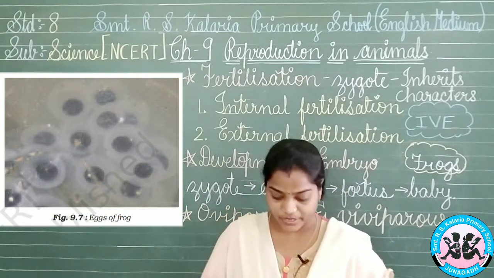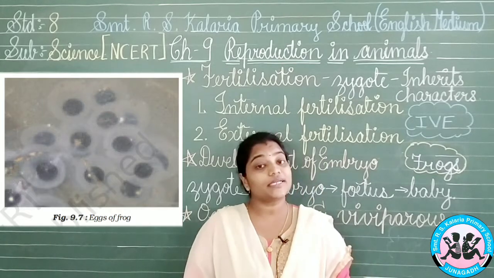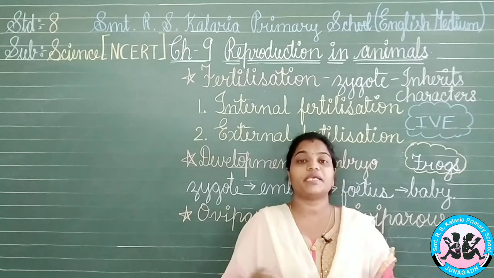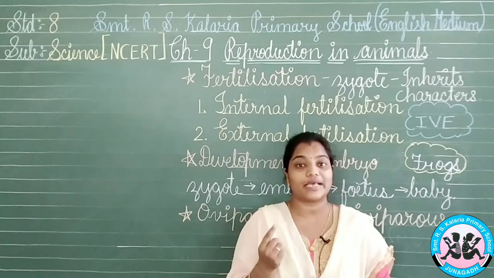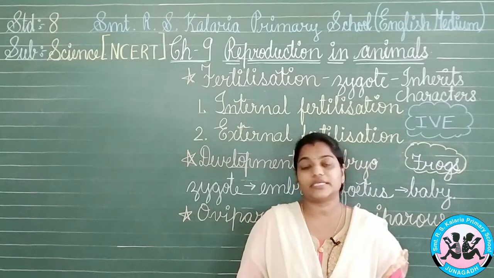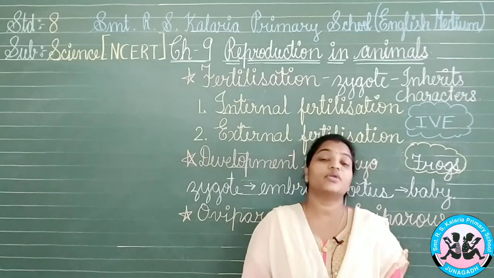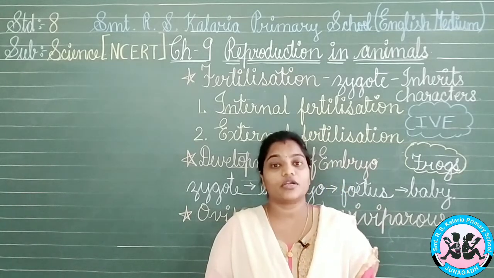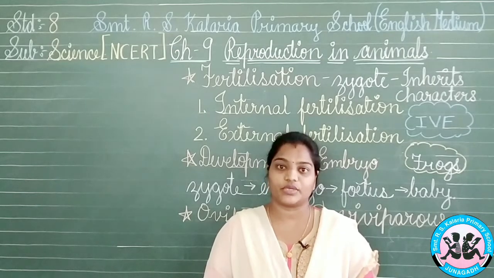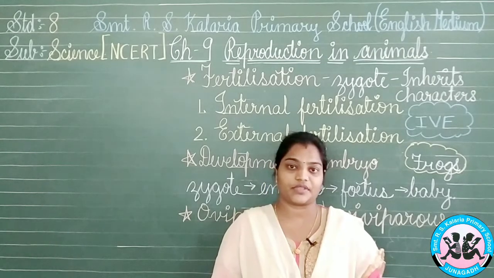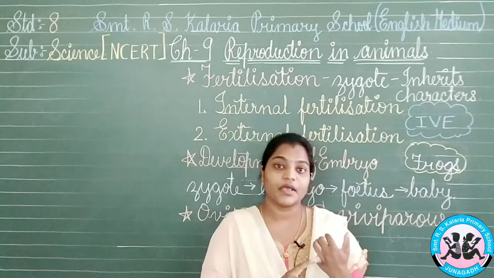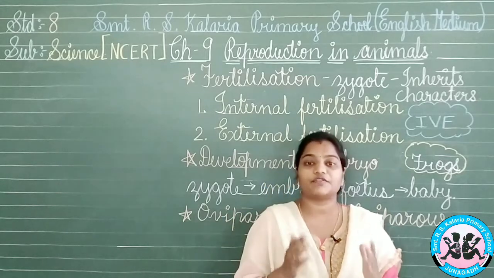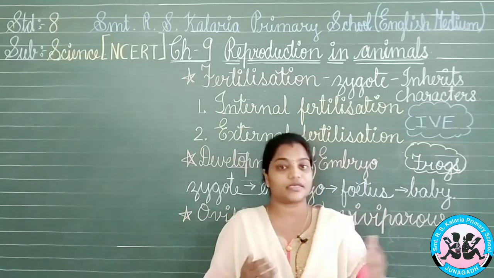Now here is a query by Bujo: why is there a requirement of so many eggs to be released at the same time, because in human beings or other animals we have only one egg at a time? The answer is that frogs release the eggs in water bodies, either a lake or a river or flowing water. So what will happen? There will be many problems there. The first is the moving water. Maybe the moving water will carry some of the eggs with it, or the sperms released afterwards will not attach to the eggs.